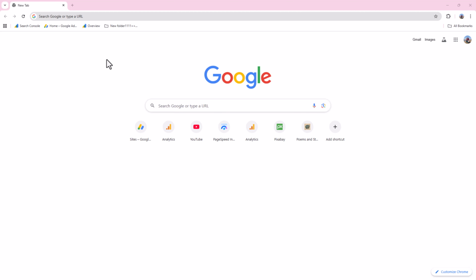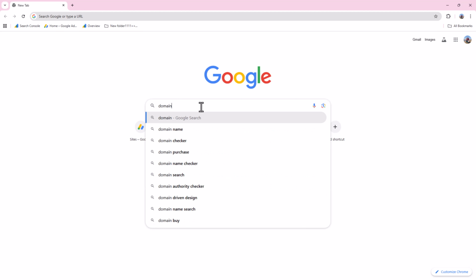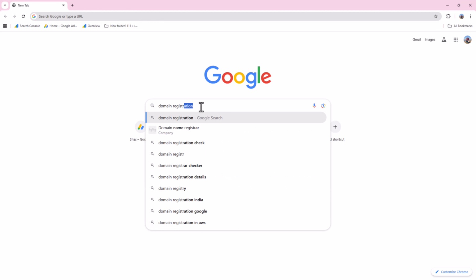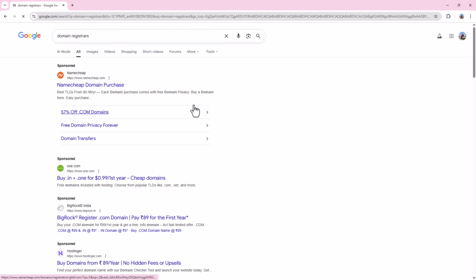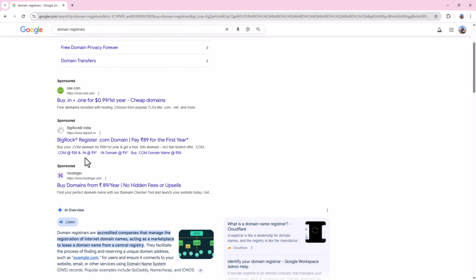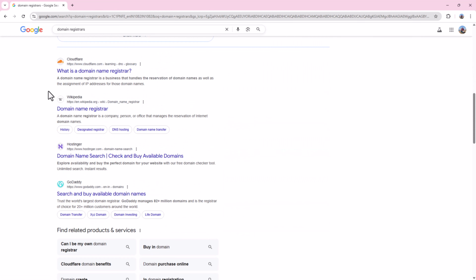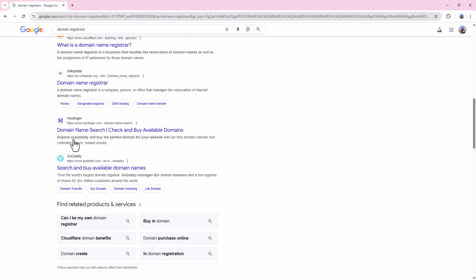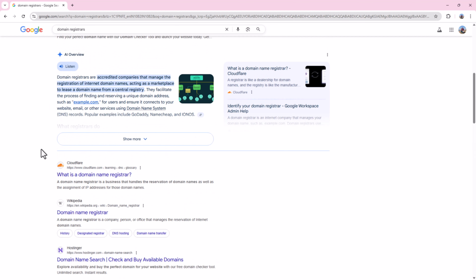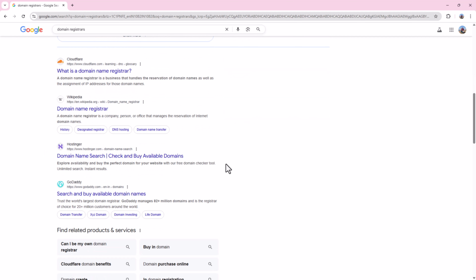So let us take a look at domain registrars. Namecheap, Hostinger. I'm using a domain name with Hostinger. Cloudflare, you can register a domain name. GoDaddy. So there are multiple domain registrars that can provide you a domain. You can purchase the domain from any